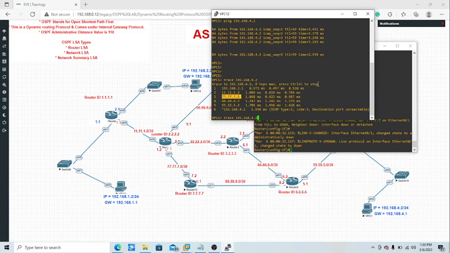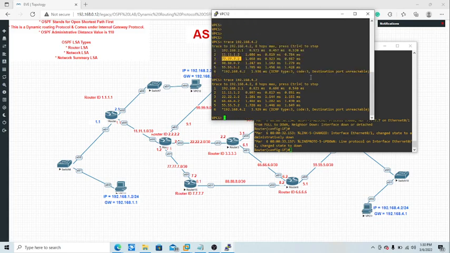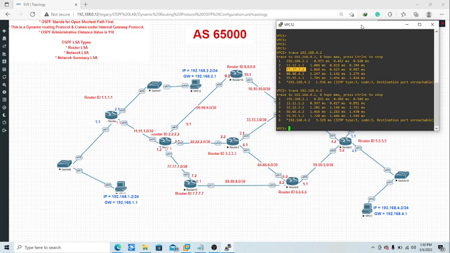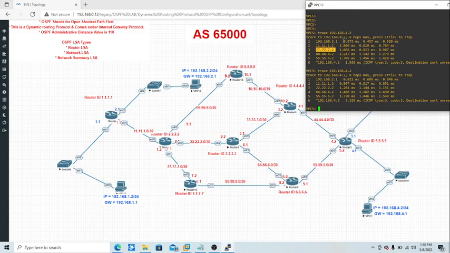So what will be next? Okay, look. Earlier he goes through router 1, router 6, router 5 and reaches the destination. This time here he comes to router 3. From router 3 he chooses the router 6 path, and then router 5, and reaches the destination. Okay, so that's how